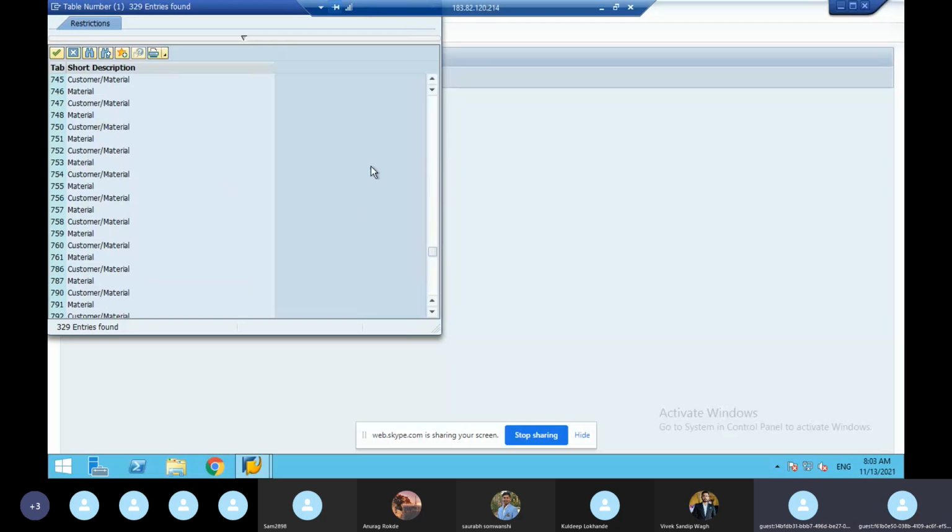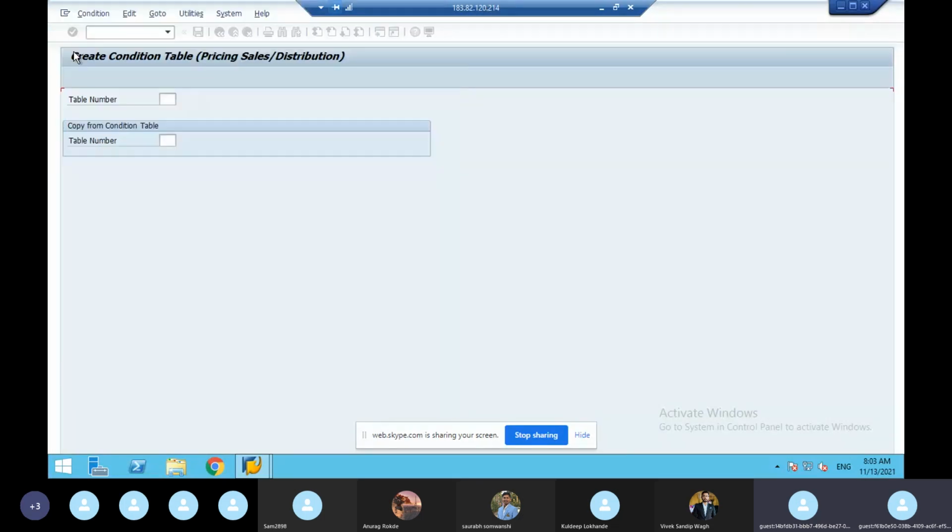Some gaps are available here. I'll show you where it is after 600. See here, 651 to 700, there is a gap. Like that, in the 800 series and 900 series, a lot of gaps will be there, but we have to see like that. See, 651 is used. I can even take 652, 653. Two tables I'll take. Why? I'll tell you.